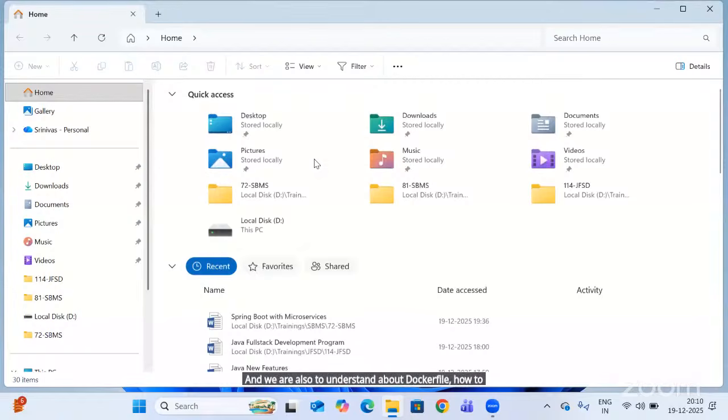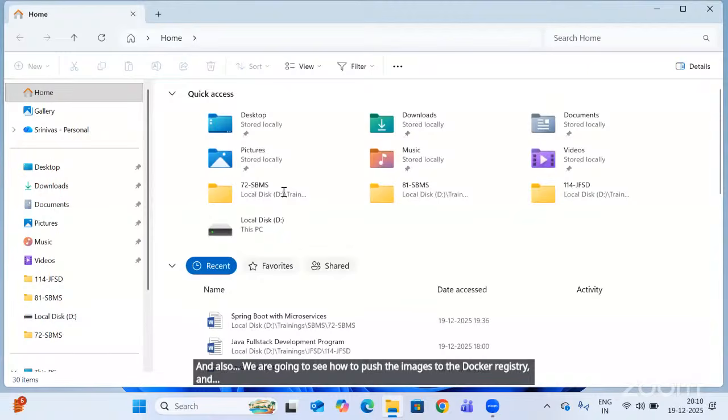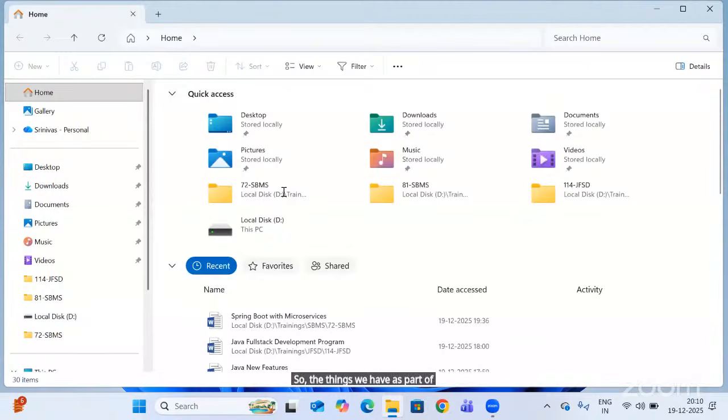how to write the Docker file, and also we are going to see how to push the images to the Docker registry and how we pull the image also. So these things we discuss as part of today's session. So as part of the Docker first